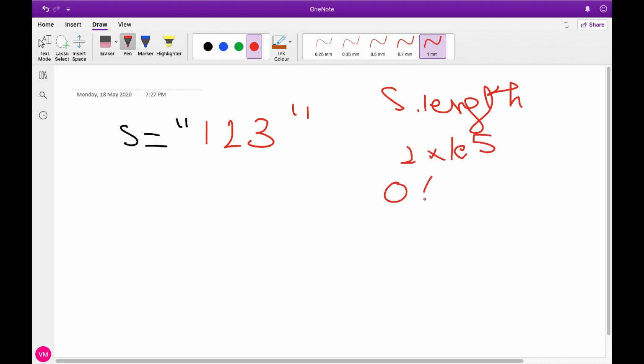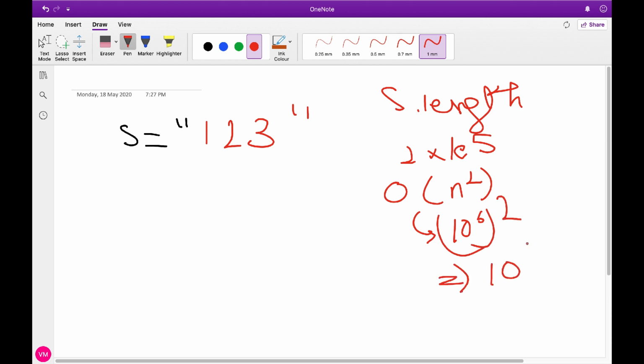So if we go with a brute force which takes n square, this will become 10 to the power 5 to the power 2, which is nothing but 10 to the power 10. So we definitely get a TLE.